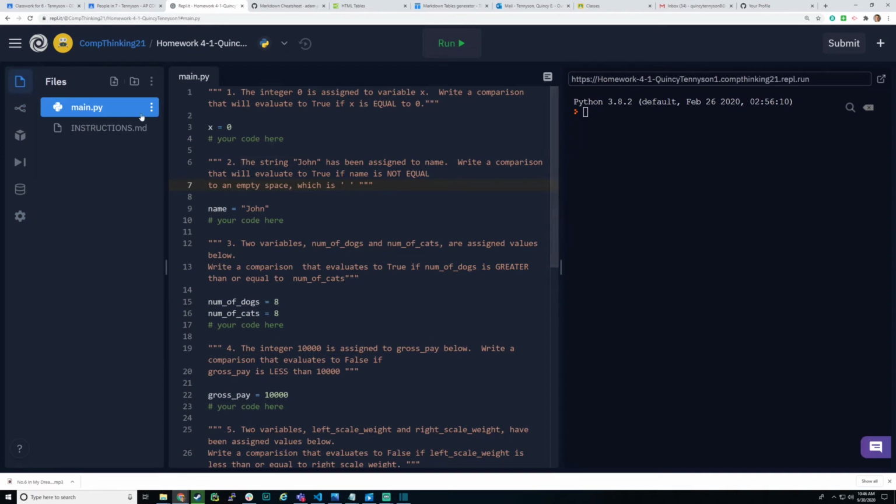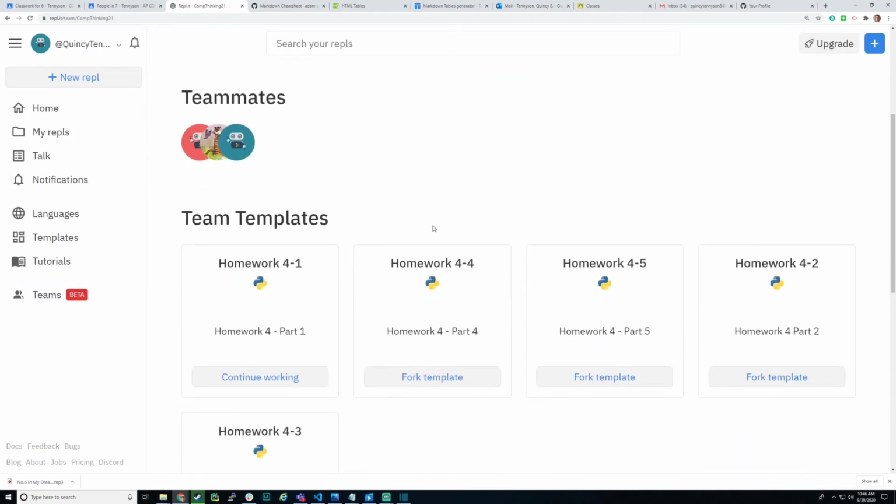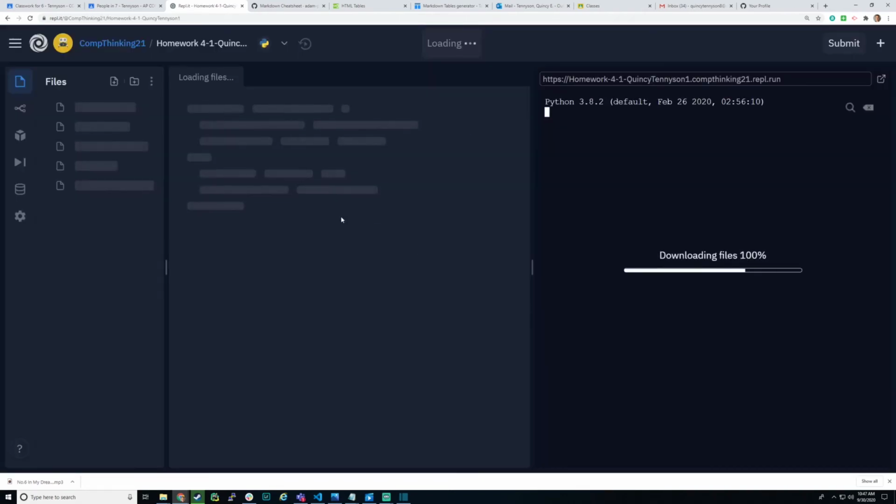Now, let's say that you come back to the site after a day or two to do some more work. So we'll go back to our Teams view. Here we are in our Teams, and notice how it says continue working, right? Basically, your workflow for doing an assignment is coming into our team, forking the template so that you get your own copy of the assignment. That's what that means. When it says fork template, it's basically like make a copy of the assignment and just click continue working on whatever assignment you're working on, and your work will be saved each time.